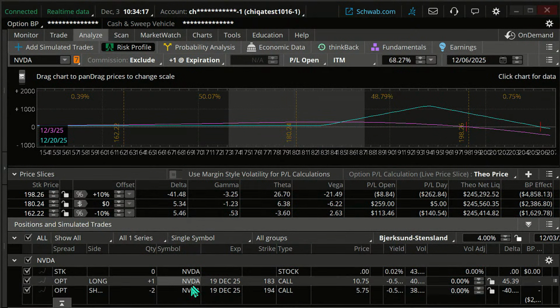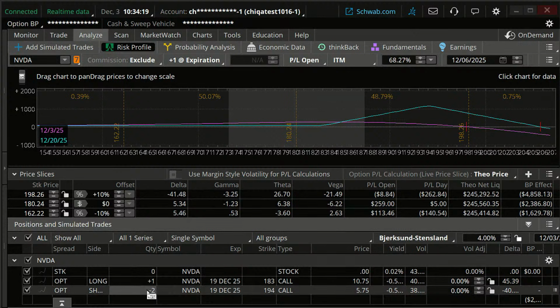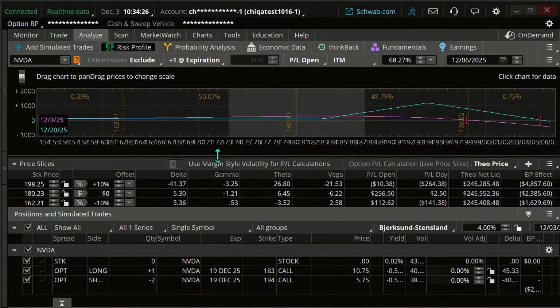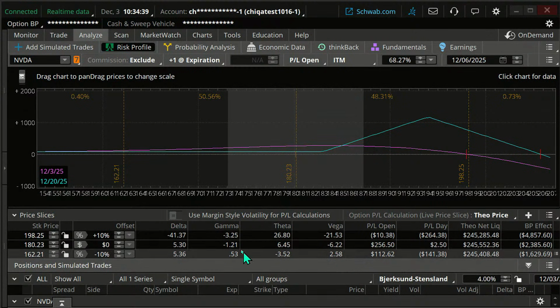And here's the trade. Now, if you see red and green colors, these down here, those are simulated trades that you're looking at. In this case, this is an existing trade, an existing paper trade, but that's the trade we're looking at here. And I can see from this, by bringing this up, if I didn't know where I wanted NVIDIA to go